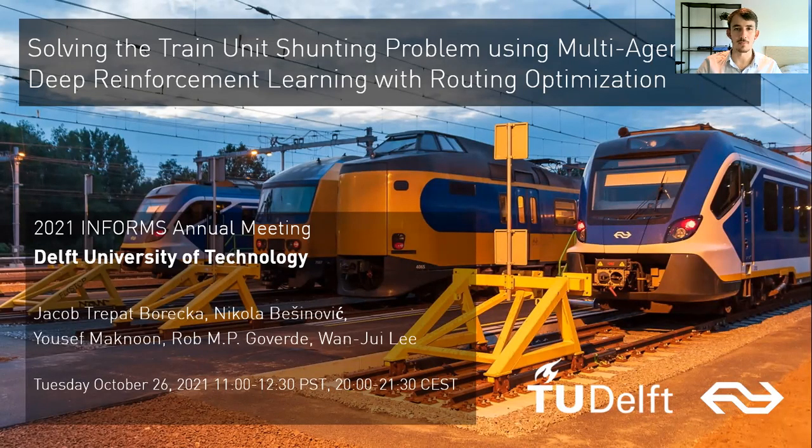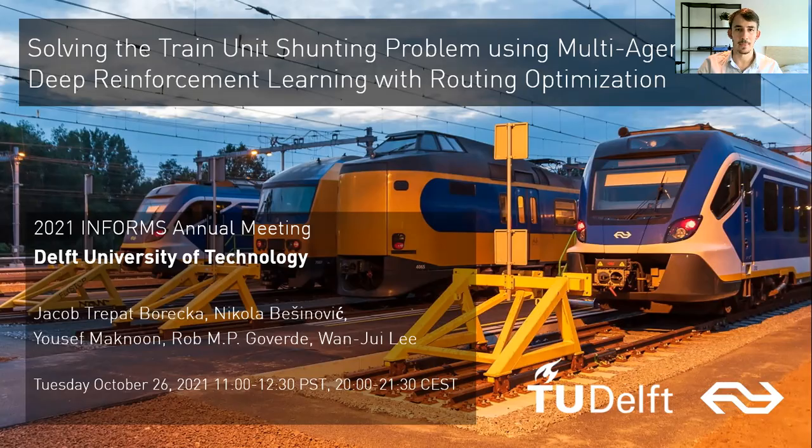My name is Trepat Borecka and I'm a doctoral student at ETH Zurich. I'll present my work solving the train unit shunting problem using multi-agent deep reinforcement learning with routing optimization. This work is based on a master thesis that I carried out during my studies at TU Delft in collaboration